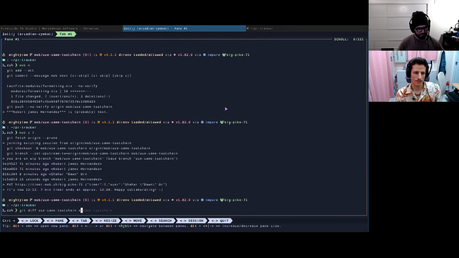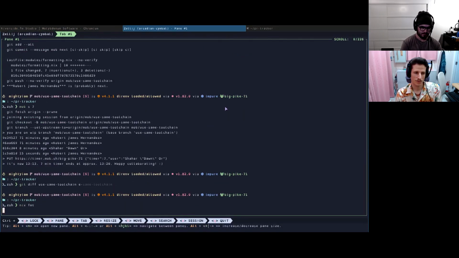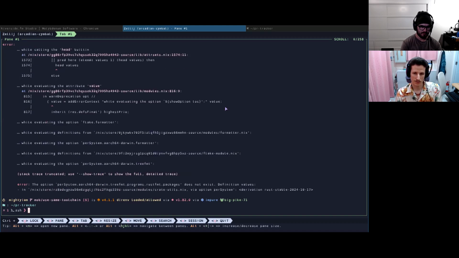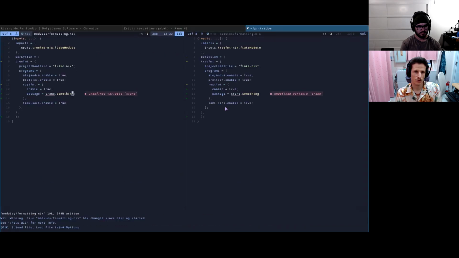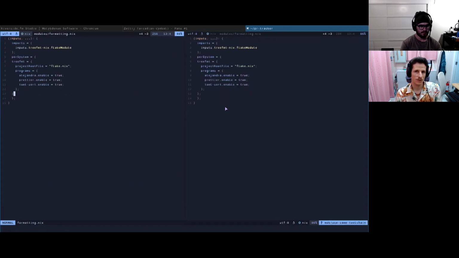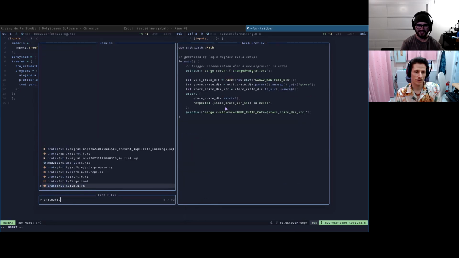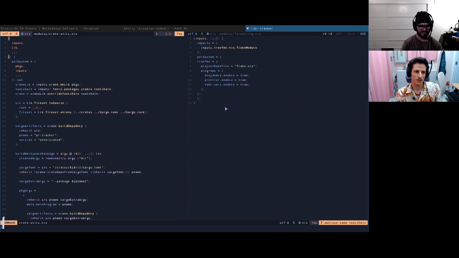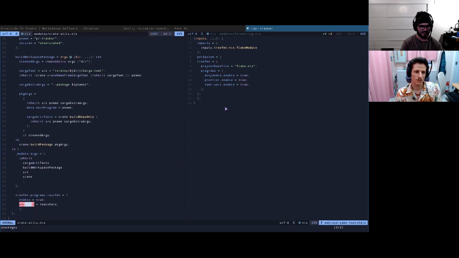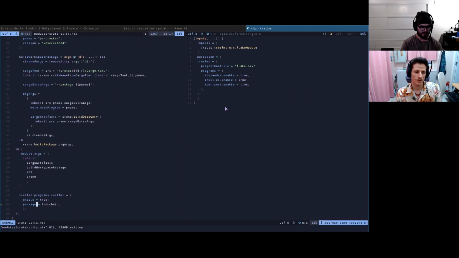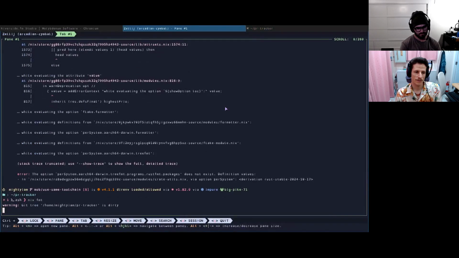So if it's a diff, no, that's next. Well, that doesn't work for some reason. Program Rust font packages does not exist. Oh, that shouldn't be. That should be singular. Oh, sorry about that. Let's try again. Okay. Now,